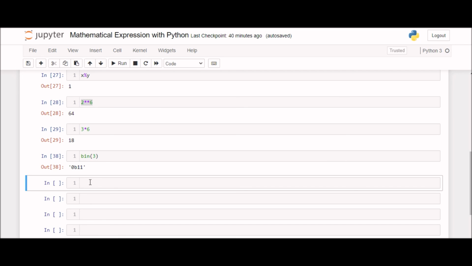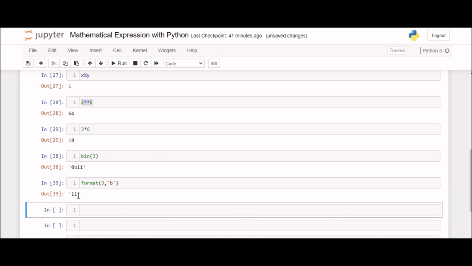With the help of the format function. Like format in parentheses, I'm typing 3, comma, and in single quotes b. Let's run the code. It gives the output only as binary digits, without any prefix.